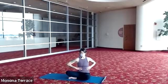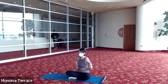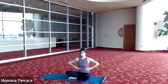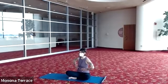Sweet. And then go side to side a little bit. Can you just move the rib cage without moving your neck? It's more of a question. Is it possible? Great. Then as you go to the right, twist the ribs, twist the shoulders, keep your gaze forward,